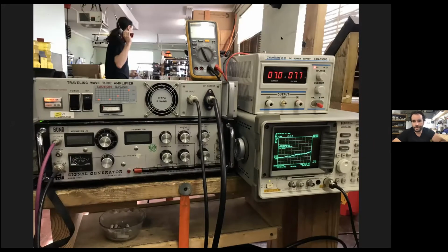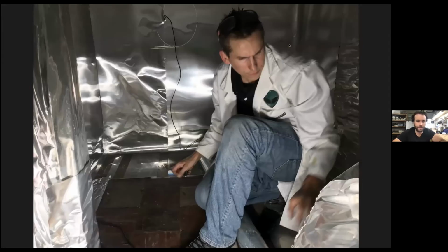So what happened next is, with this setup, we started to get headaches. 20 watts of RF X band gives you a headache, and that was not comfortable at all. So we decided to finish building our Faraday cage, and Jeremy's over here putting in the floor for the Faraday